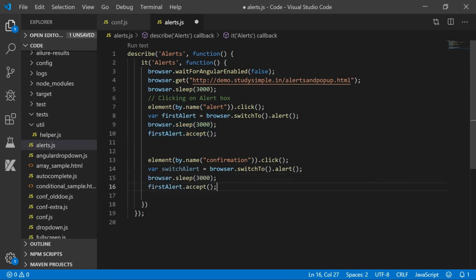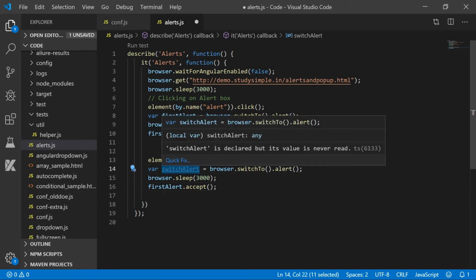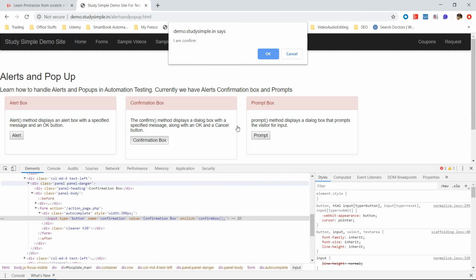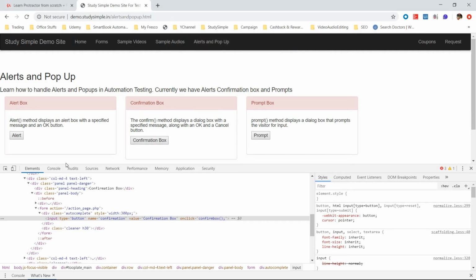For the first one we used the switch alert, so we can name this one second alert. That will be fine, meaningful enough. We'll give it a comment here, clicking on confirmation box.